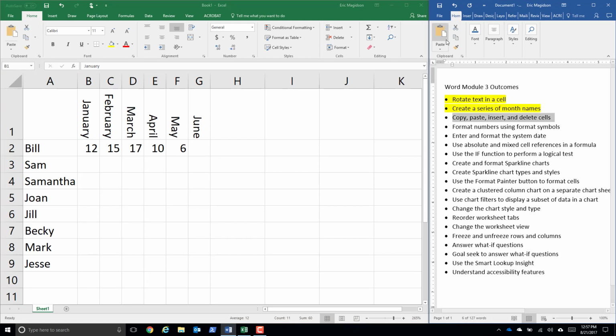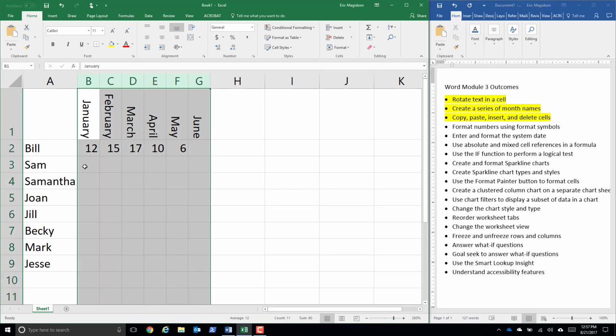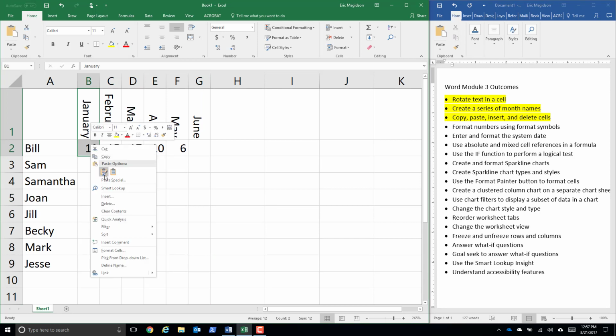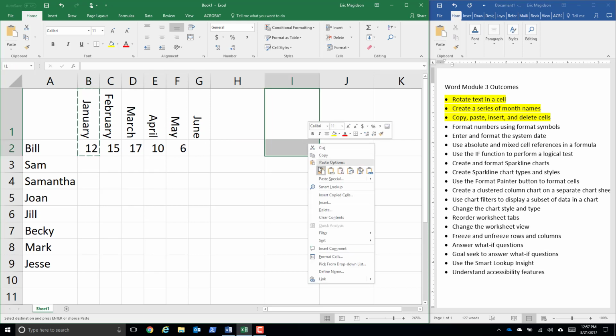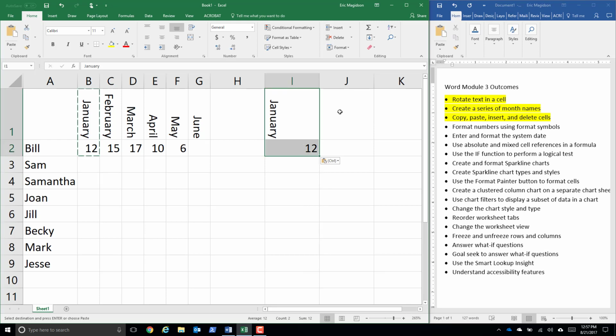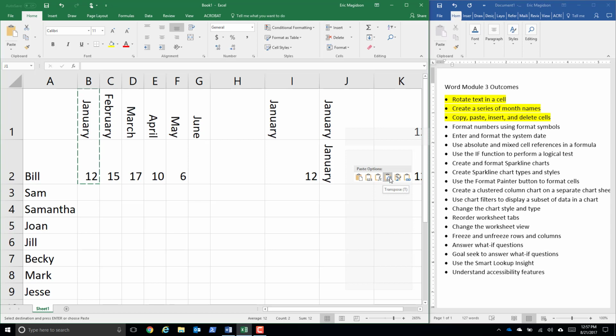Well, clearly these are some basics. You probably already have this, so I'll run through it real quick. If I want to copy these two cells, I just highlight them, right click, and choose copy from my list, and then of course I need to have two equal cells, and I can paste. Now there are many different ways of pasting. There's pasting with formatting. I can right click and paste just the values. Notice how the formatting in this preview is different. I can do formulas, I can transpose the data,